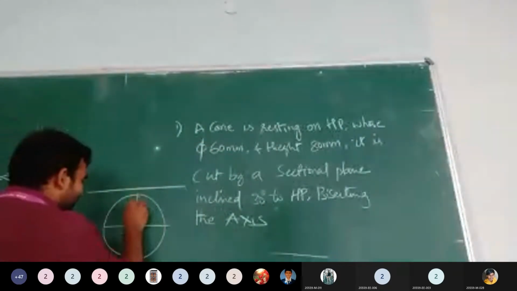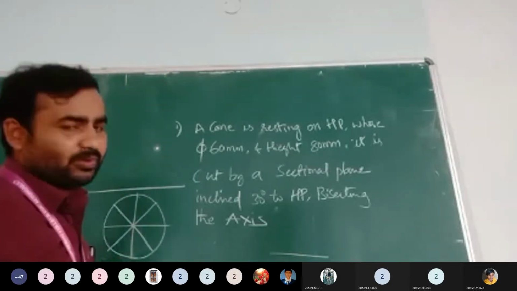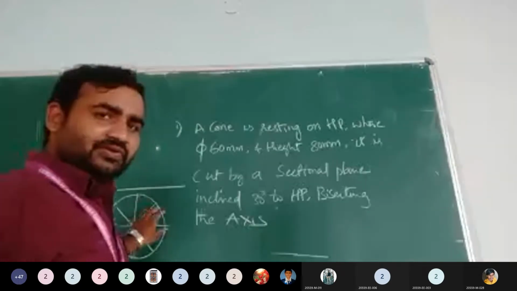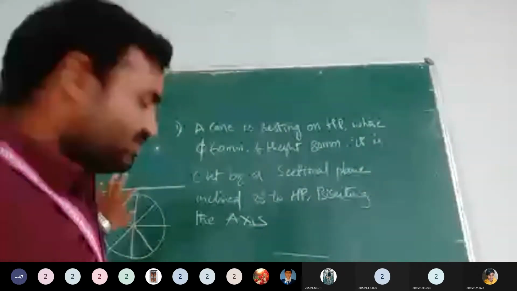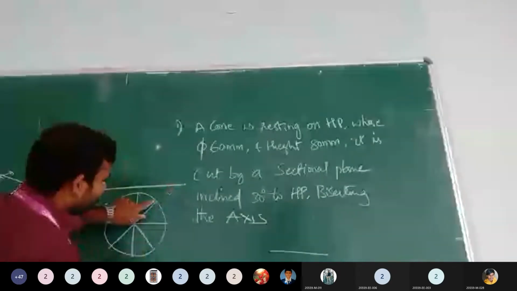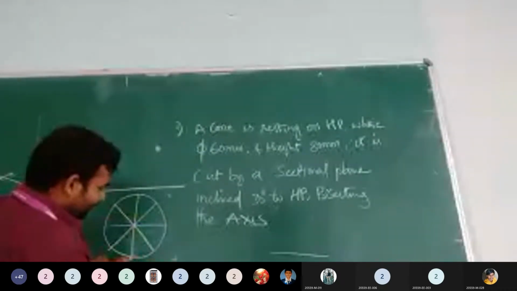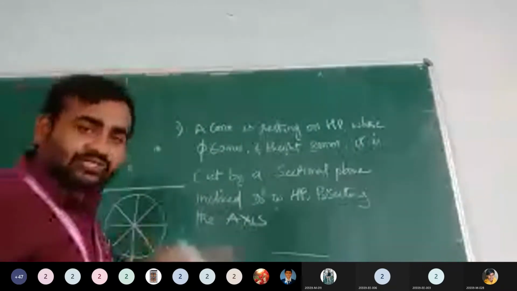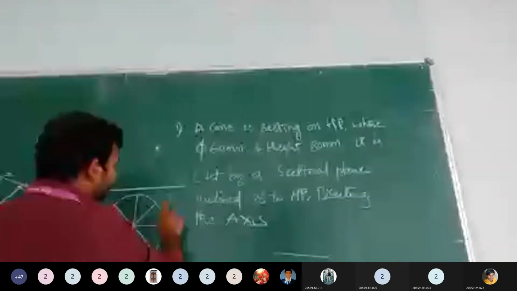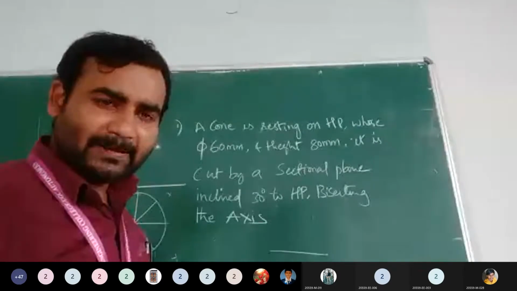Now I will divide the circle into 4 or 8 or 12 parts. What is the process for dividing the circle into 8 parts? Can anyone tell? With the same radius, I will make an arc outside, and from here I will make an arc, and you get this line. Join both, and from here make an arc, and from here make an arc outside. If you make the arc outside, you get 8 equal parts. If you want to divide the same circle into 12 equal parts, you can make arcs on the same circle itself. Clear?